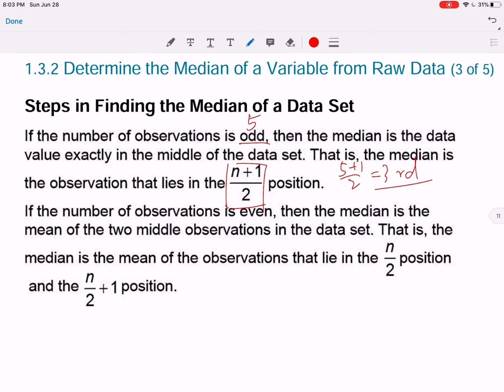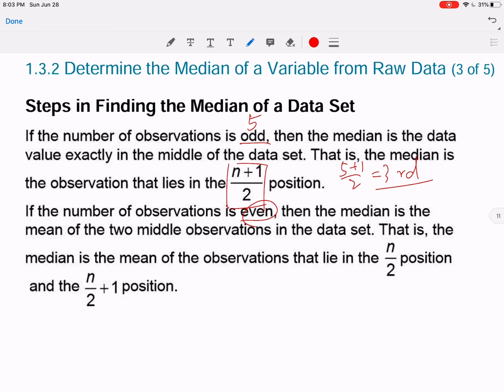This is the position. If the number of observations is even, then the median is the mean of the two middle observations in the data set. That is, the median is the mean of the observations that lie in the n / 2 position and the n / 2 + 1 position. Now, once we know this,